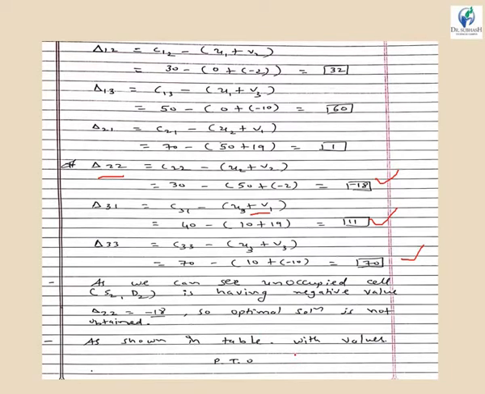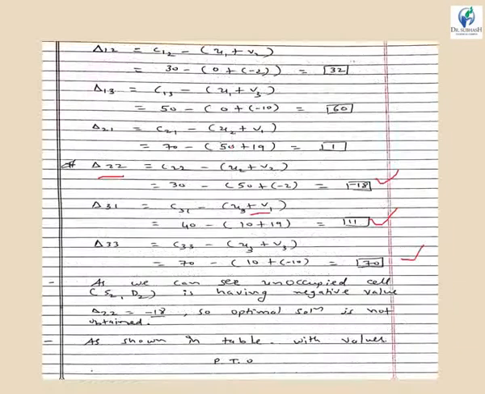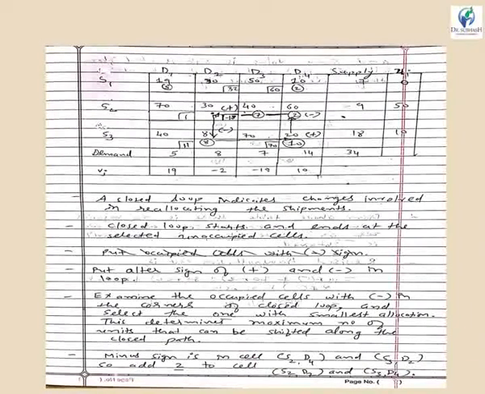Let us see our next slide. So this is the main table. Now we have calculated all the values of the unoccupied cells, which we show by the boxes inside the table. You can see over here, this is an unoccupied cell. The value we calculated is shown in this rectangular box, that is 32. For this unoccupied cell, it is 60. For this it is 1. For this it is minus 18. For this it is 11, and for this it is 70.